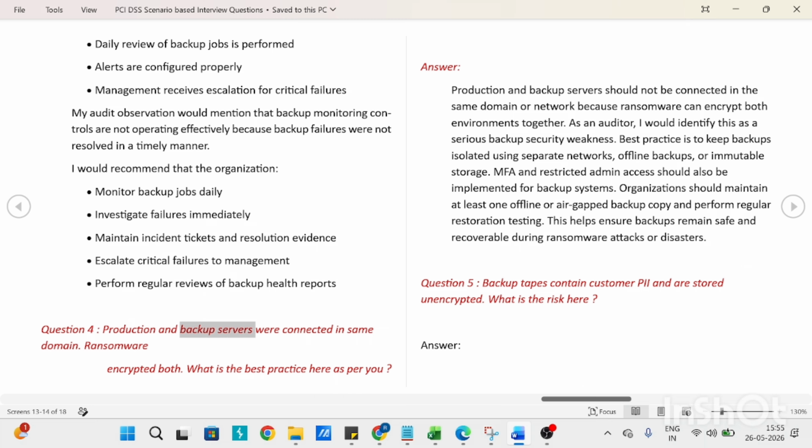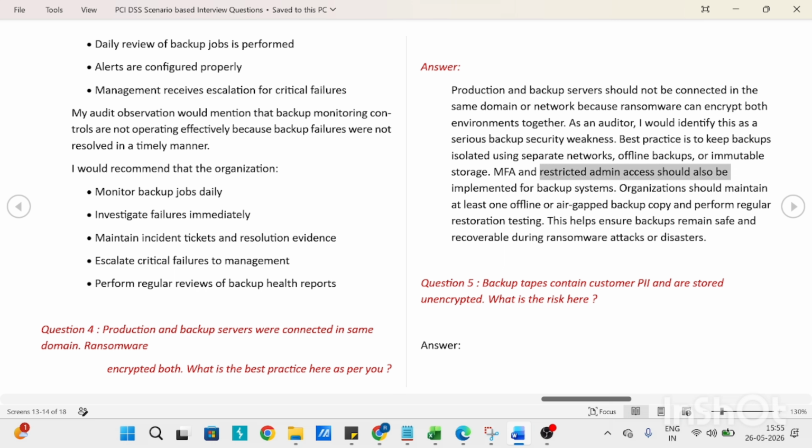Here the answer is the production and backup servers should not be connected in the same domain or same network, because ransomware can encrypt both environments together. As an auditor, I would identify that this is a serious backup security weakness. Best practice is to keep backups isolated using separate networks, offline backups or immutable storage, multi-factor authentication and restricted admin